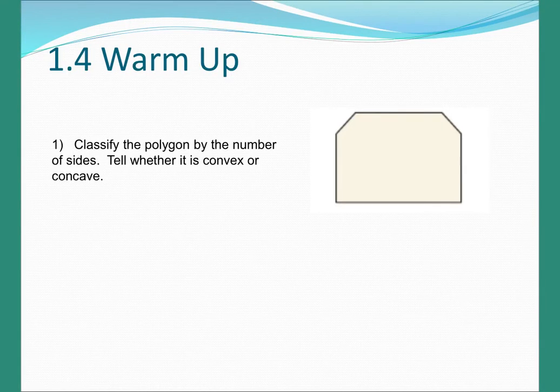The warm-up started with classifying the polygon by the number of sides and then telling whether it's convex or concave. How many sides was it? 6, which makes it a hexagon. Is it convex or concave? Convex. If I extend any of the sides, that's not going to continue into the interior of that